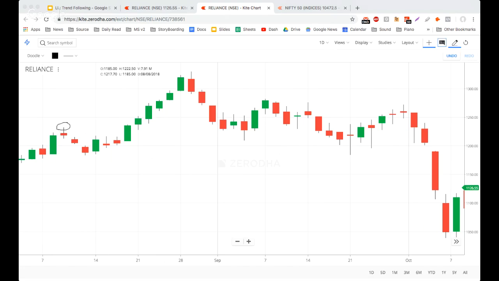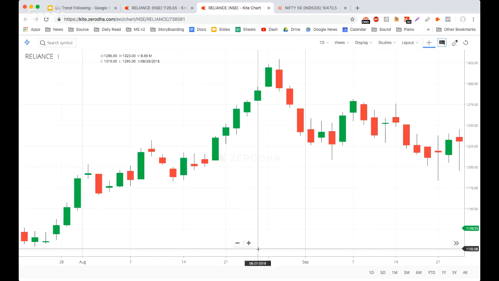So, perfect, wonderful, extremely happy to see this, guys. Okay, so these are all swing highs over here. Now let's put this into some work. One more thing you guys should know before I tell you the system. Let me zoom out.